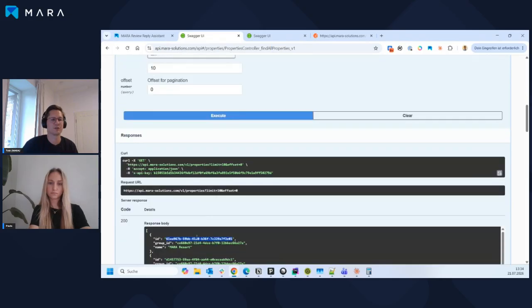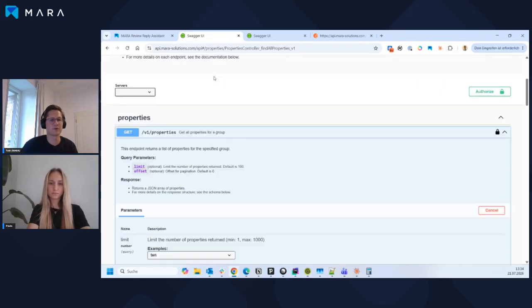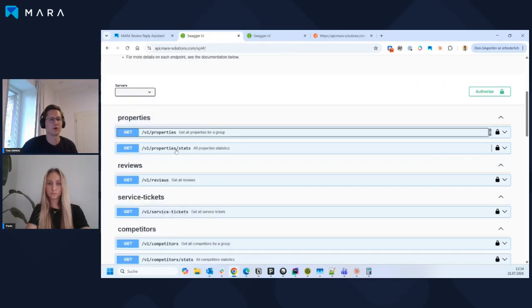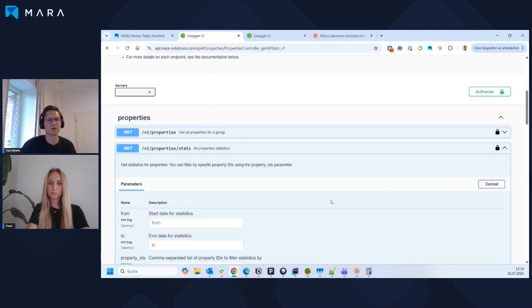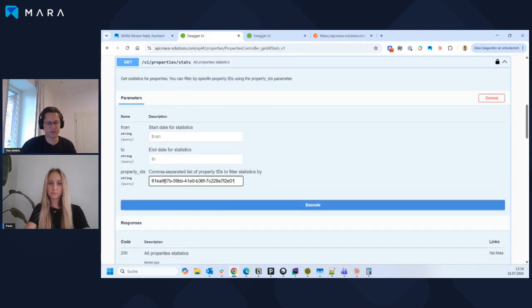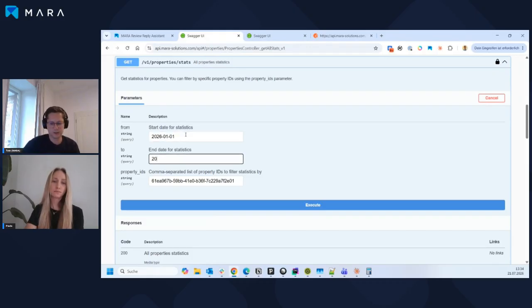And I'll just grab the first one for the Mara resort here, and then call the properties stats endpoint. We can basically enter comma separated lists of IDs and then start and end dates. I'll just choose year to date, right? So 1st of Jan 2026